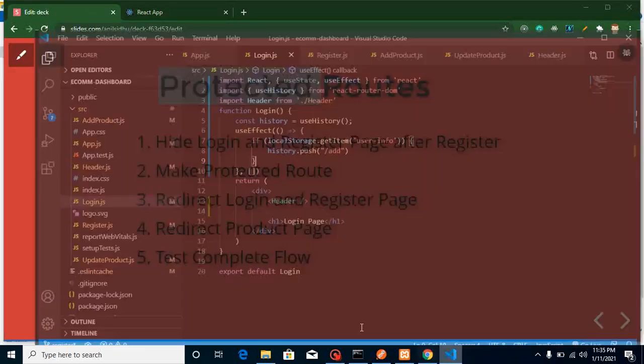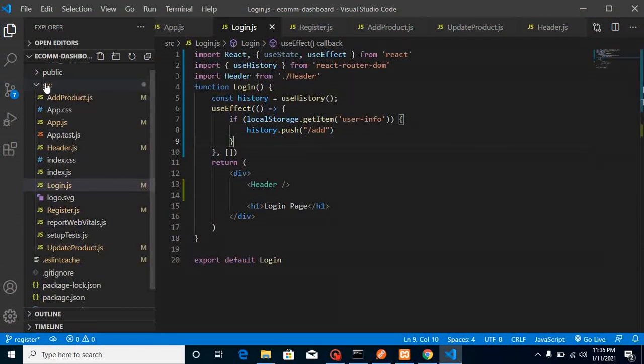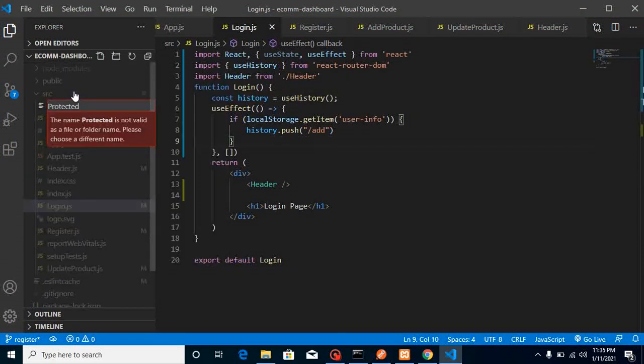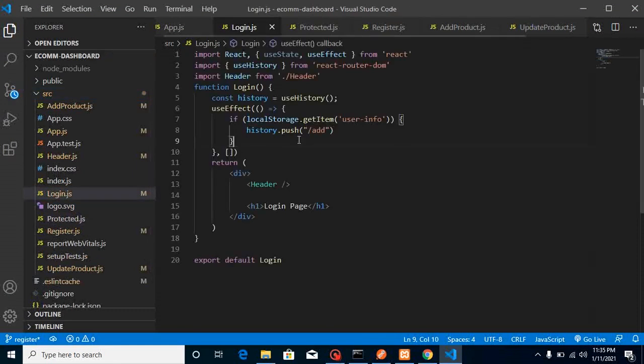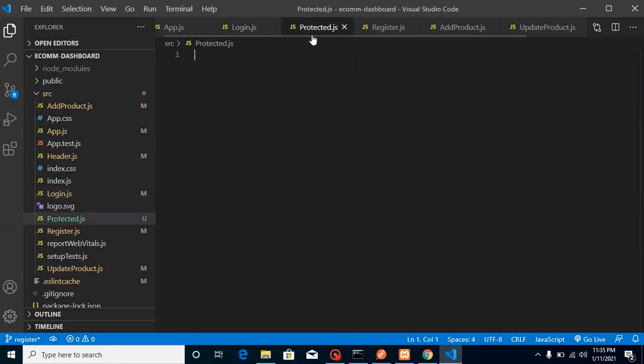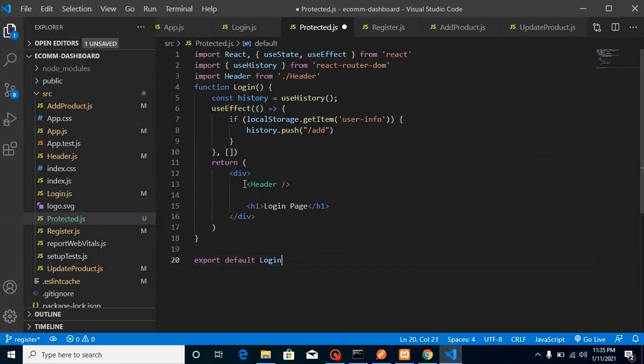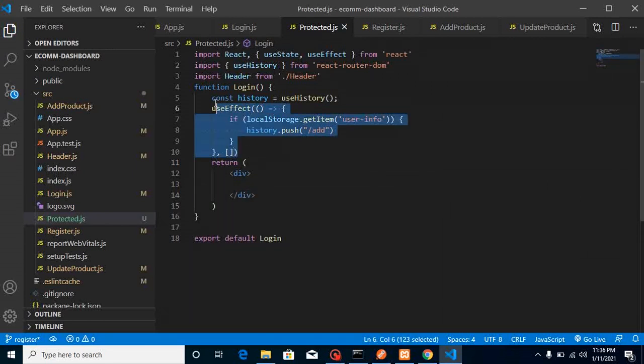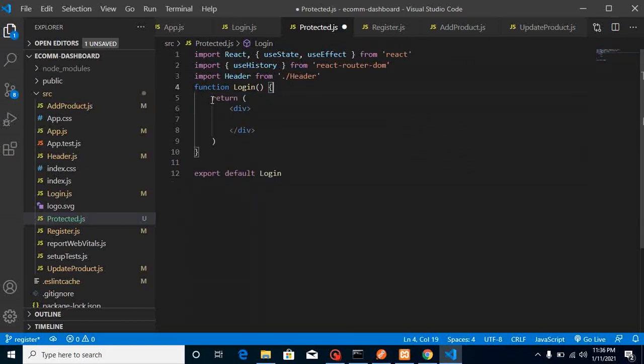So let's make another component. Let's say protected.js, and now just make it quickly, I am just going to write it like this. I don't need the header or anything here. I am just going to remove it, and for a moment I need it again, but for a moment, so that I can show you the simplest way without any complex code. So I am just going to remove everything, and let's write here protected